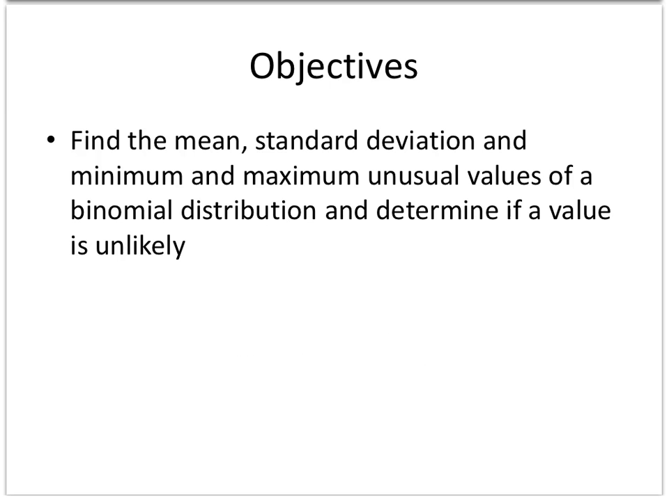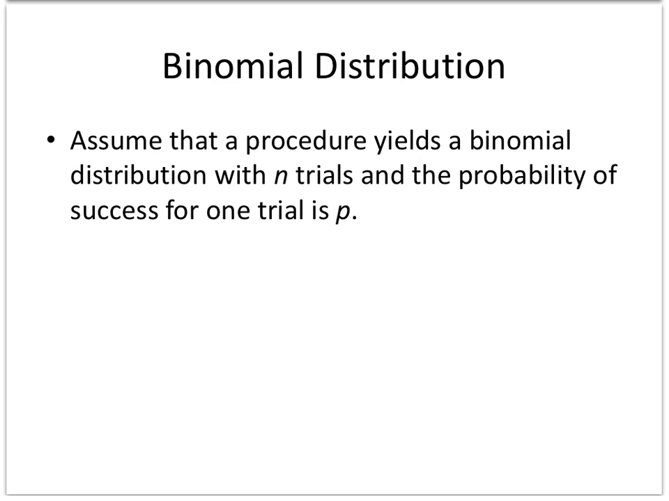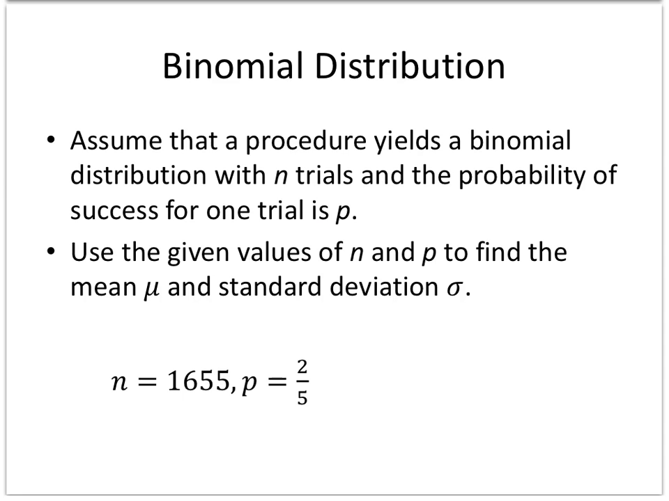All right, point 4, where we're going to find the mean, standard deviation, and min and max of unusual values of a binomial distribution and determine if a value is unusual. So assume that a procedure yields a binomial distribution with n trials and the probability of success for one trial. Use the given values of n, the number of trials, and p, the probability of success, to find the mean